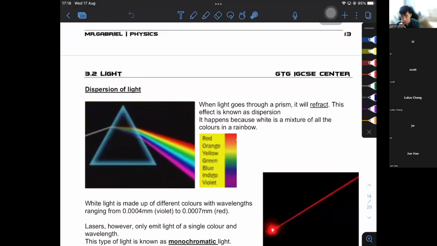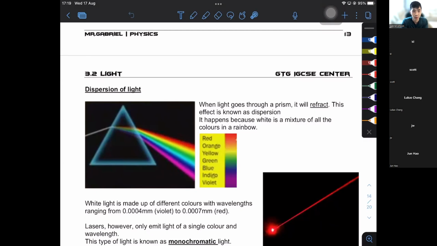This is basically dispersion of light, guys. Dispersion of light is essentially why rainbows are formed. Why will light disperse into 7 colors? For those who do not know, white light, which is usually light from the sun, actually contains 7 different colors. And the only reason why we see only one white color is because all these 7 colors are already mixed together into one specific color. For those who have ever played a little bit of arts and craft in kindergarten, you'll have done something that's combined